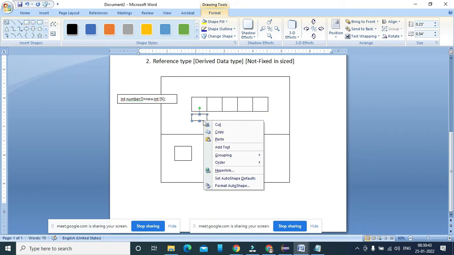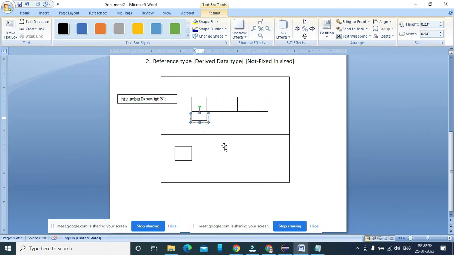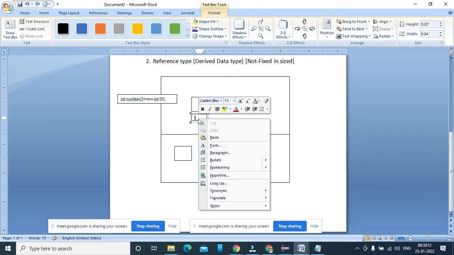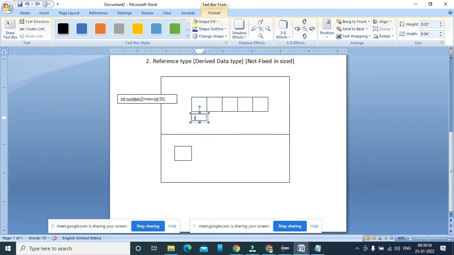Suppose the first address of the variable is 1001, just for your reference.